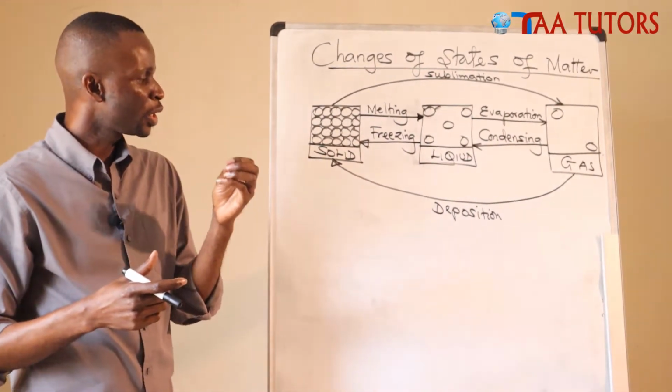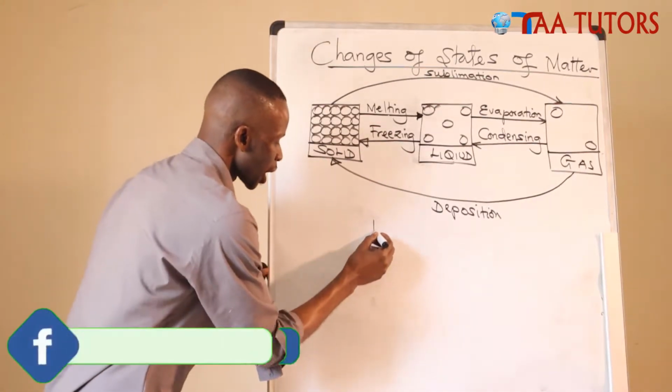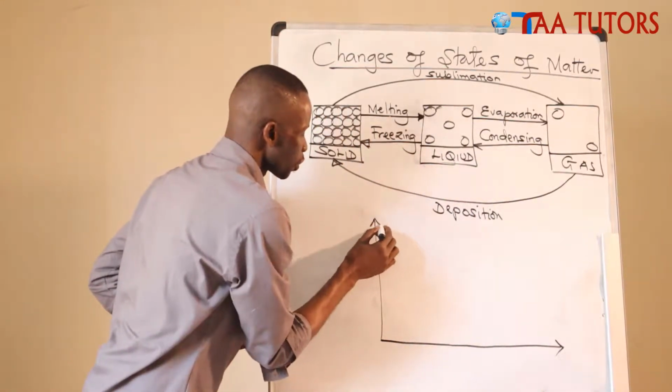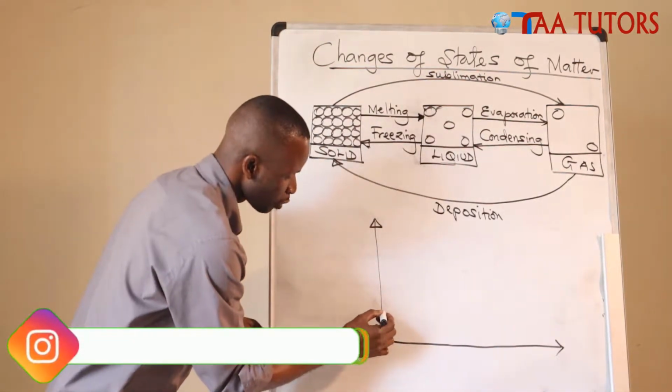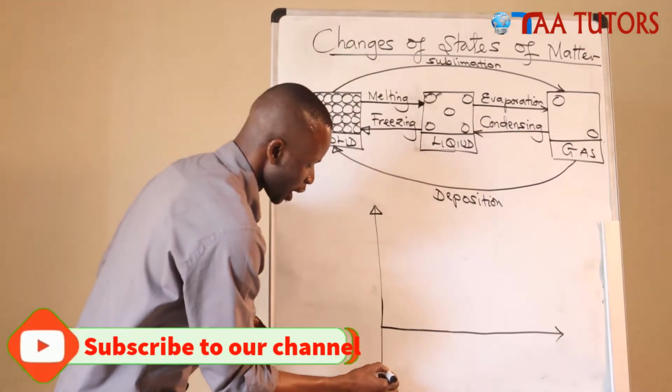Because when a solid is melting, the temperature will try to remain constant. Why? As I said in the kinetic theory of matter, particles of matter have some forces of attraction between them. If I draw this small graph here to illustrate the melting of water, I say water is